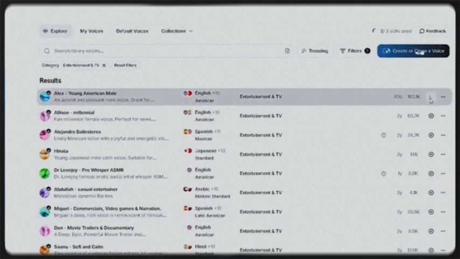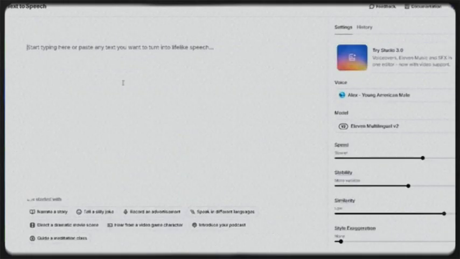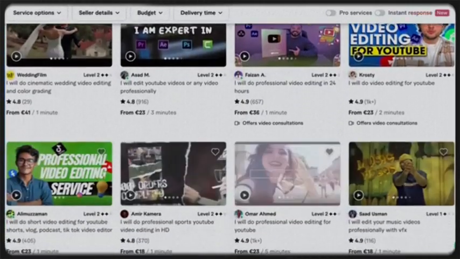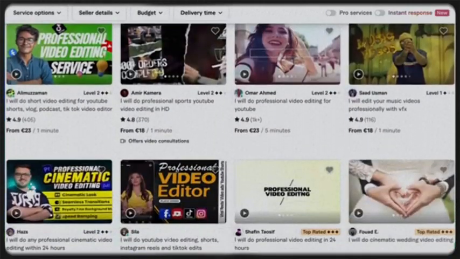Once your filters are set, scroll through the results until you find the voice you like. When you do, just click on Use Voice. Now, all that's left is to paste your script into the box, hit Generate, and then download the final voiceover. And just like that, you've got your voiceover ready, which means now it's time to move on to making and